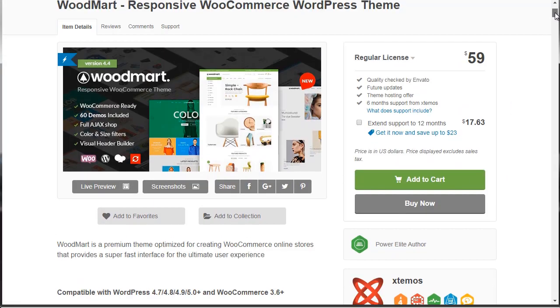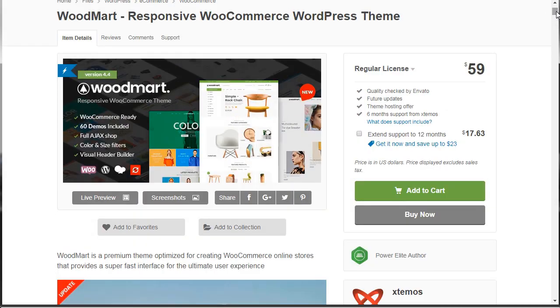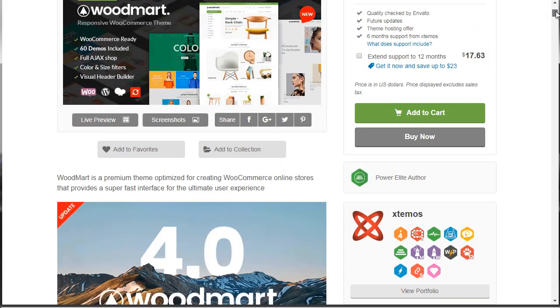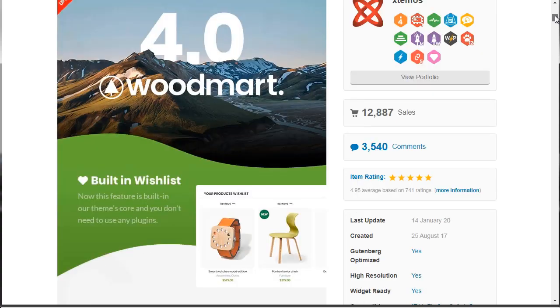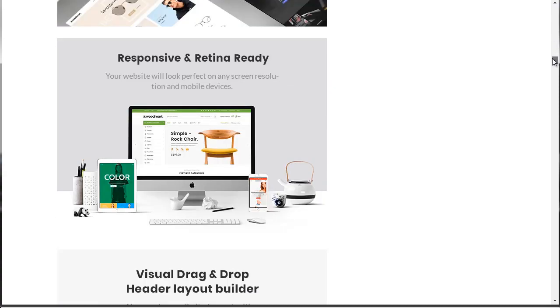So if you scroll down here, you can see that this one theme can actually fit many different niches. It doesn't have to be necessarily one niche. But sometimes if you find a theme that focuses on one niche, it will actually create solutions that will fit that one niche. All right, so that's the advantage of finding a theme that fits one niche. Now, this is sort of like a one size fits all. All right, so we got 4.0 Woodmart. This one has a lot of physical products,